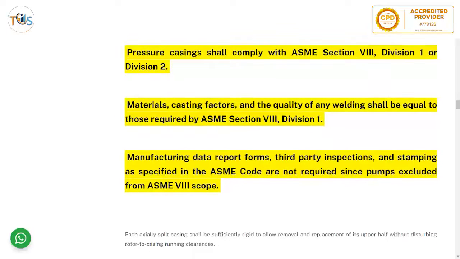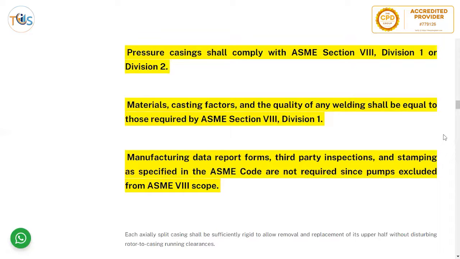Pressure casing shall comply with ASME Section 8, Division 1 or 2. So depending on how onerous it is, you could go for Division 2, but normally it's Division 1. And the pressure test for the pressure casing also follows ASME Section 8. Materials, casting factors, and quality of any welding should be equal to those required by ASME Section 8, Division 1. And manufacturing data reports for third-party inspection and stamping are specified in the ASME code, but are not required since pumps are